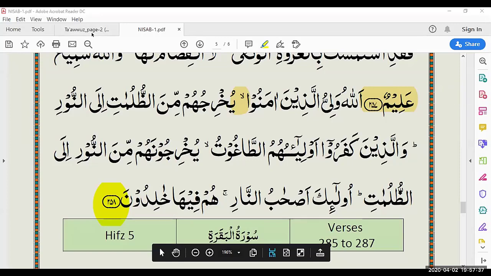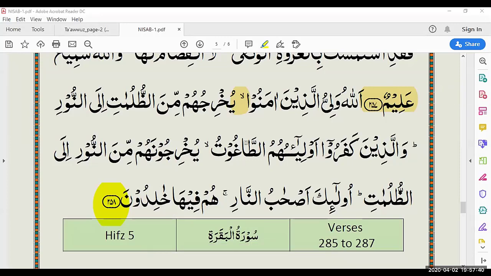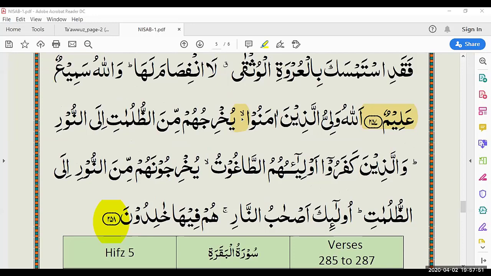Excellent, very well done. Sorry, can I please ask you for your ID again? I think I missed that. L208. Okay, very well done, L208. Excellent. Again, the mistake is of this small la, where you have to stop and where you don't have to. So you didn't stop here, but you stopped at yukhrijuhum. Once you stopped here, what you had to do is go back and recite from the back, so from Allahu again, because we have la here, which means we're not meant to stop. If you did stop, please go back and recite from the beginning again.